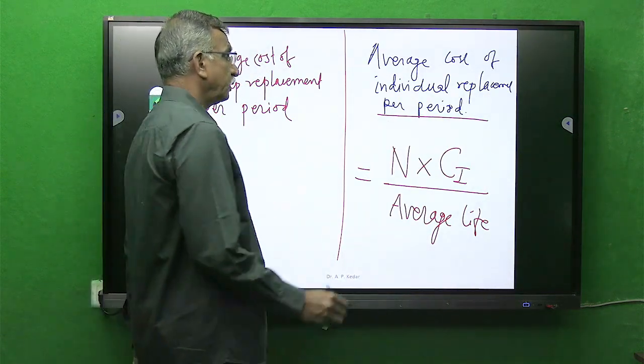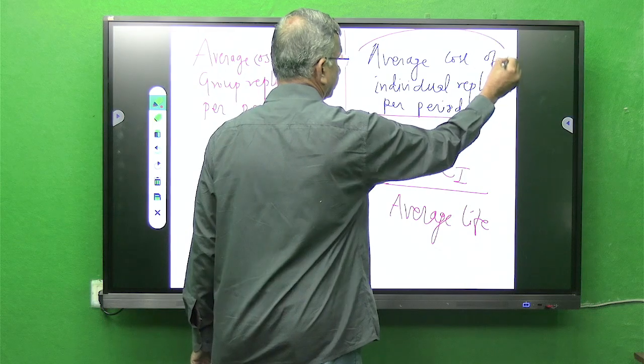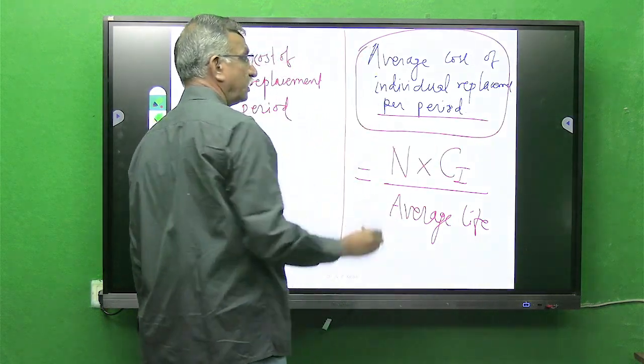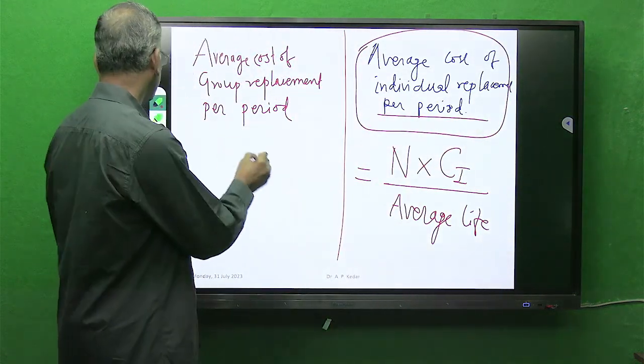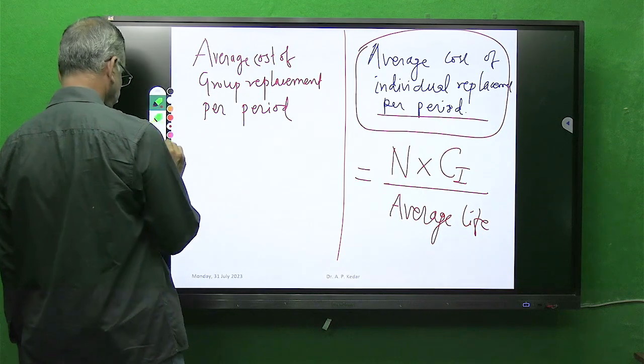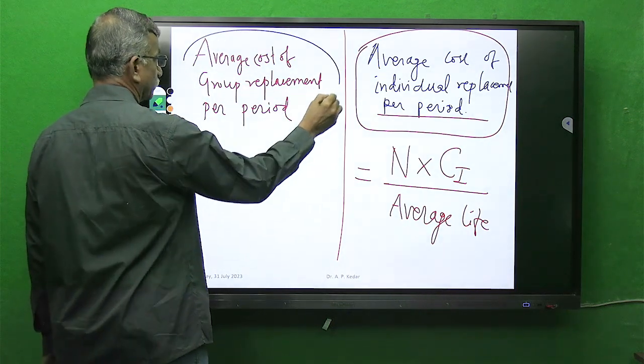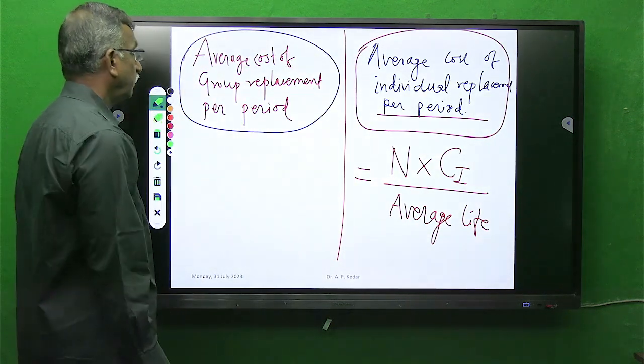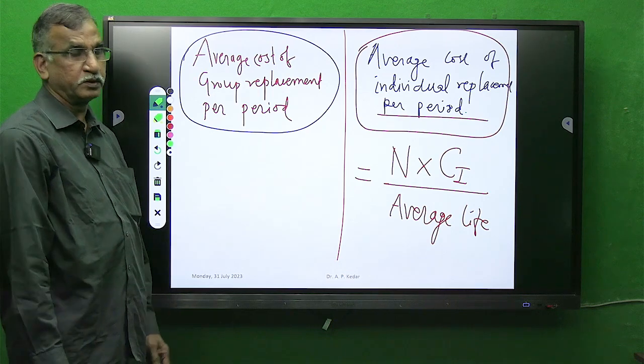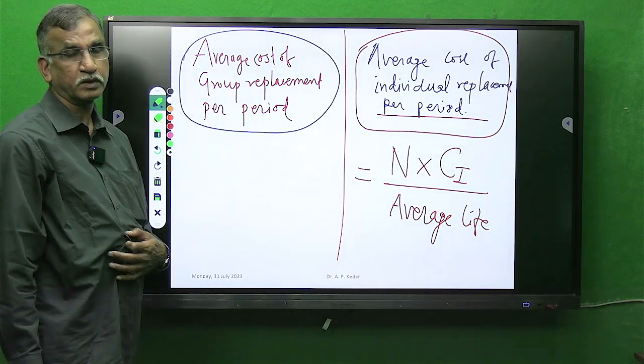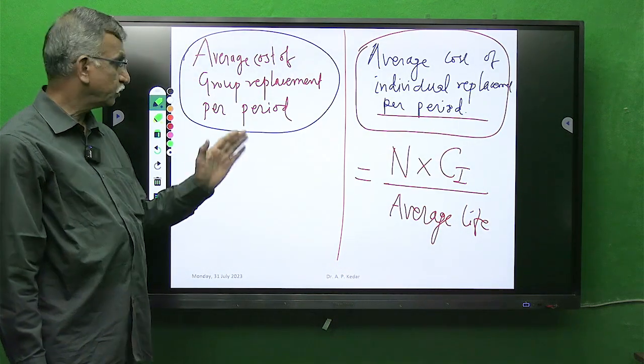This is how you get this parameter. Now, how to get the value of average cost of group replacement per period. See here, what we have studied in our earlier lecture is, though we are saying it as group replacement per period,